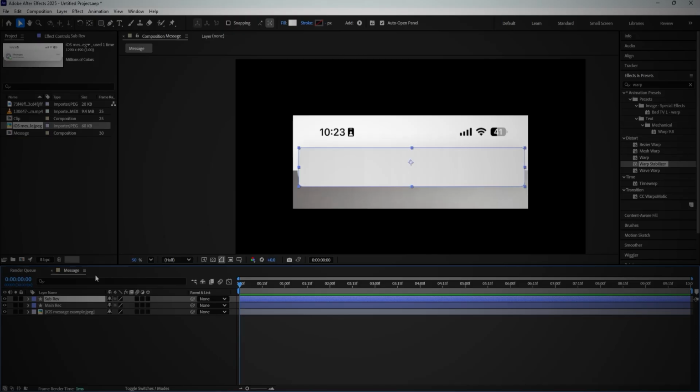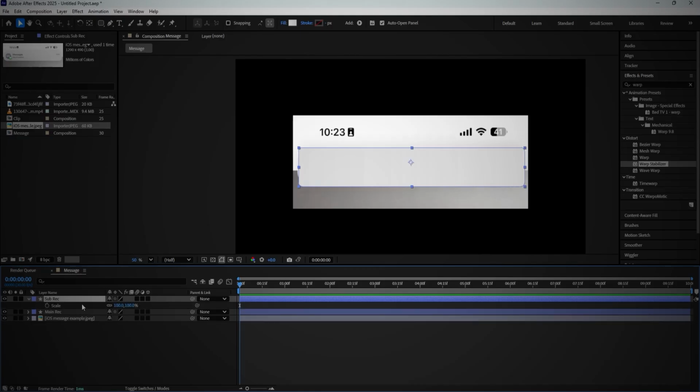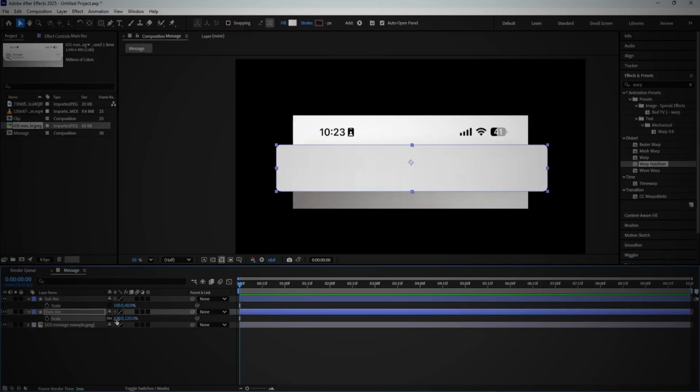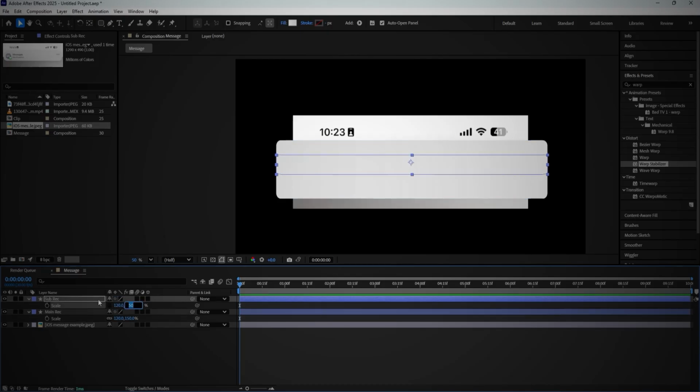Okay, now I want to decrease the size like this. Unlink the scale property and decrease the size. Let me just adjust these shapes. So yeah, after you're okay with the size and adjustment, you can just place this one,